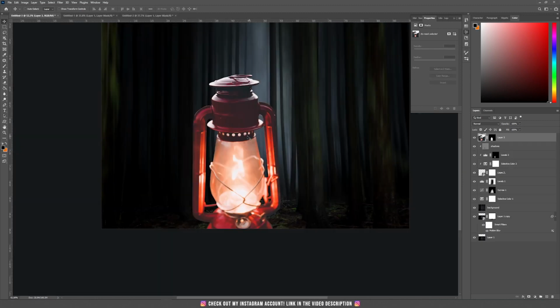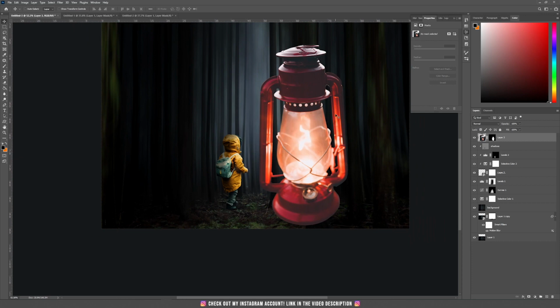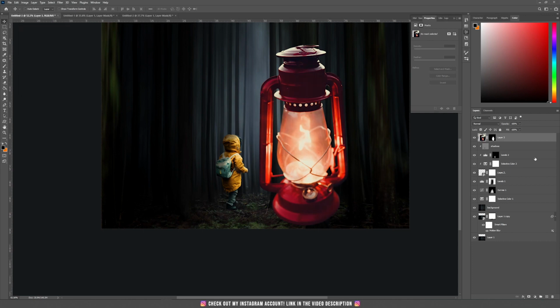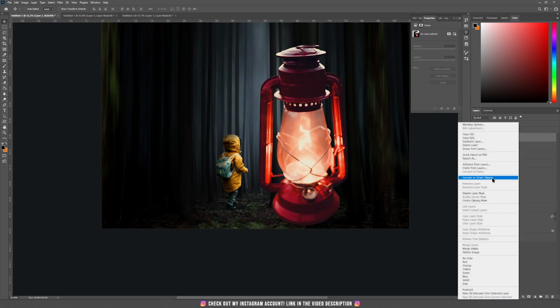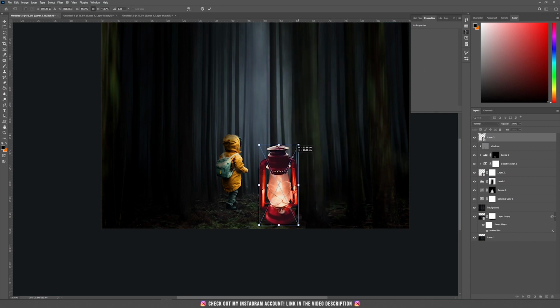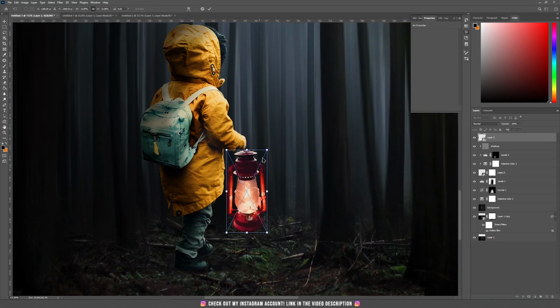Now I'm going to do the same things with the color adjustment. So go to image and choose auto tone and auto contrast and auto color. Now let's convert this one to a smart object by pressing right click and convert it to a smart object. Press Ctrl Command T to make it smaller and bring it all the way down to a size that is